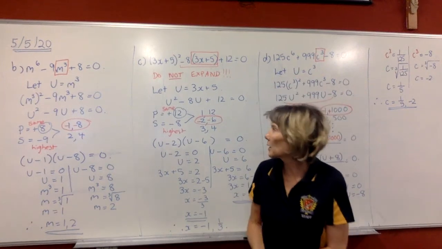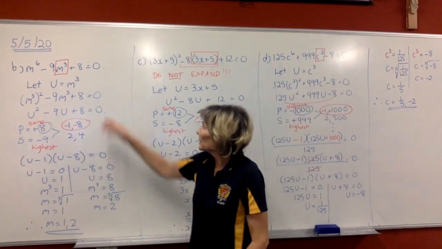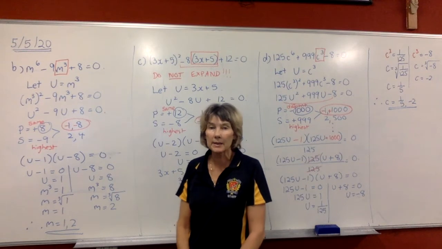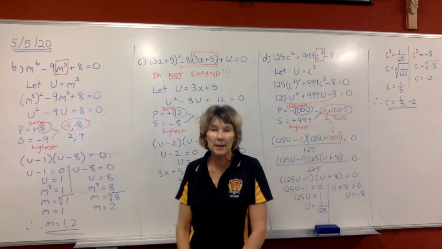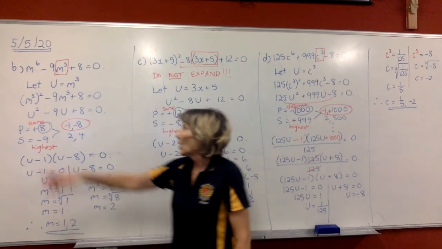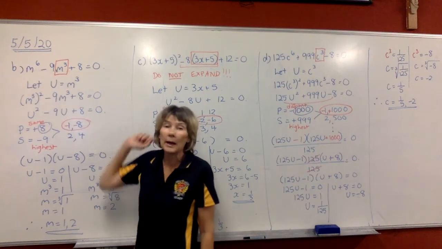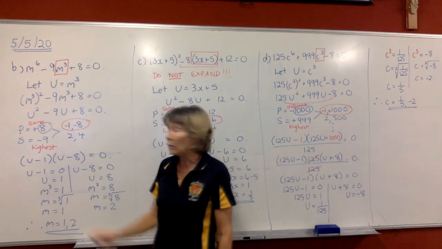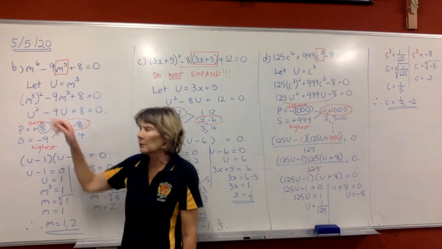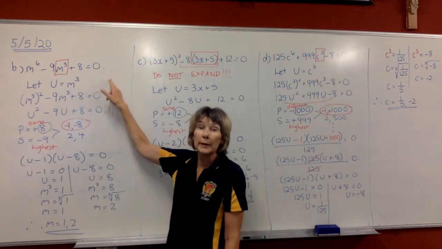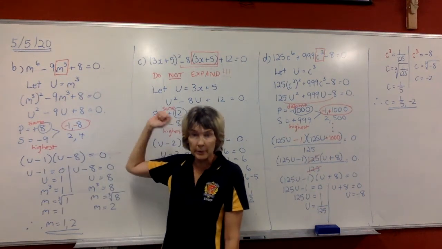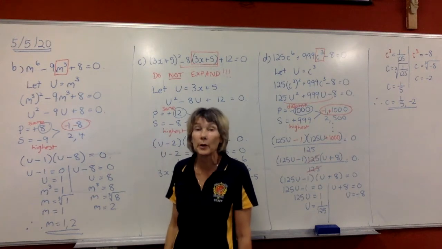Okay, so boys, we'll just go through some more examples. So this one here, m to the 6 minus 9m cubed plus 8 equals 0. We can see that our powers are in decreasing order as they're already written down. And don't forget, we've always got to have a 0 here. That'd be pretty mean not to put it there, but just make sure there's always a 0 on the right-hand